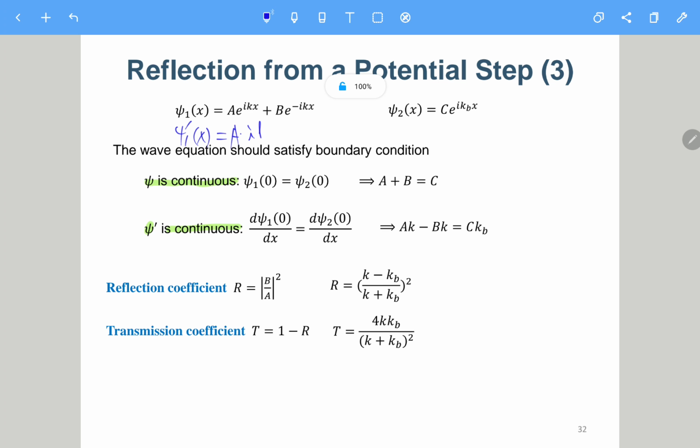So if we take the derivative of phi 1, x prime, we have a times ik exponential to ikx plus, should be negative, negative b times ik, because this is negative ikx, so with the chain rule it is negative ik times this one. So we have negative b times ik exponential to negative ikx. And then if we plug in 0 there, because 0 is the boundary, this is 1, this is 1. So we actually have aik minus bik, or iak minus ibk,